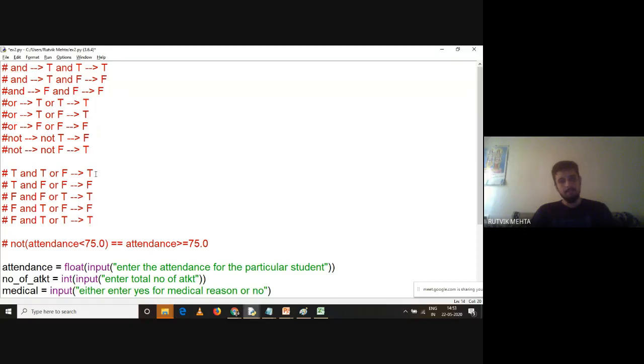This portion was remaining yesterday. We have considered single way if, two way if else, and multi-way if, elif, and else. I've already told you that else is not mandatory, right? With single way and multi-way if. We have seen difference between multi-way if and multiple if, right? There is a vast difference between these two, right?